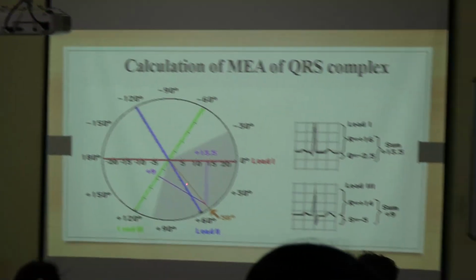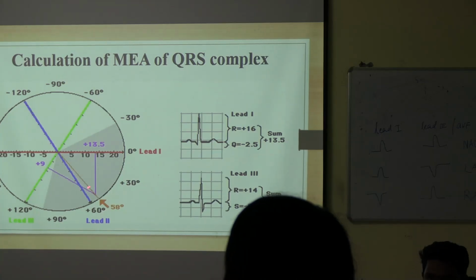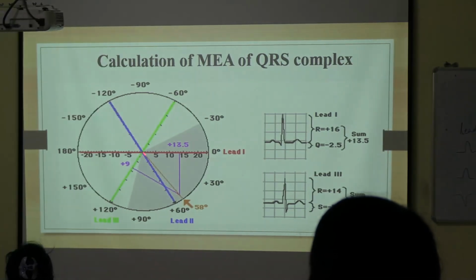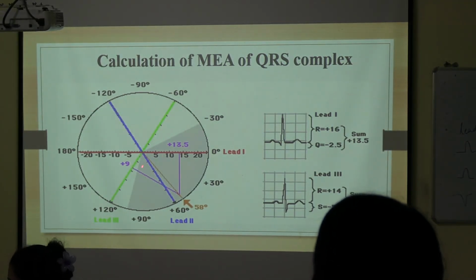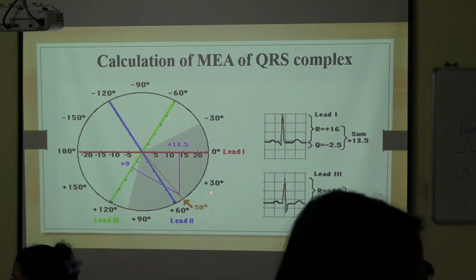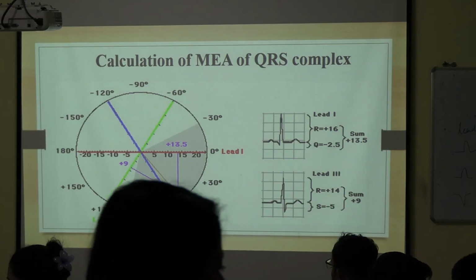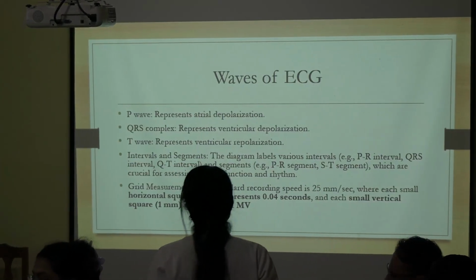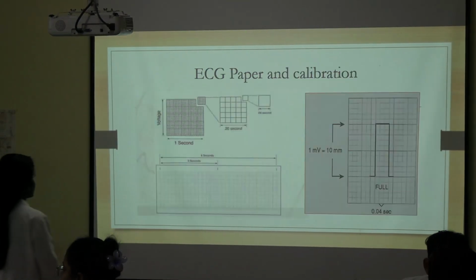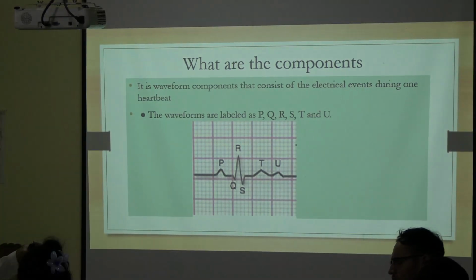Then from the center, interconnecting where the two meet. So for this one a straight line here, then plus 9 again. Then from the center, connect the junction of these two. From the center, that will be the 0 angle. From here to here that will be 58 degrees. So the interconnected line will give the exact degree. Are you clear how to calculate this axis? Yes, cardiac axis.